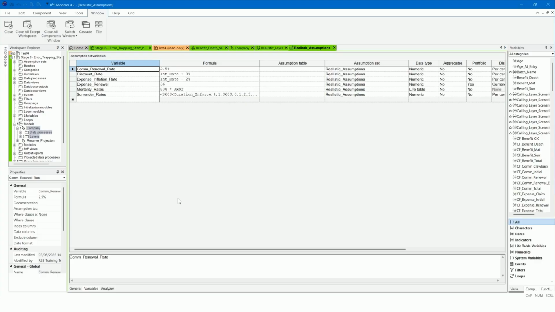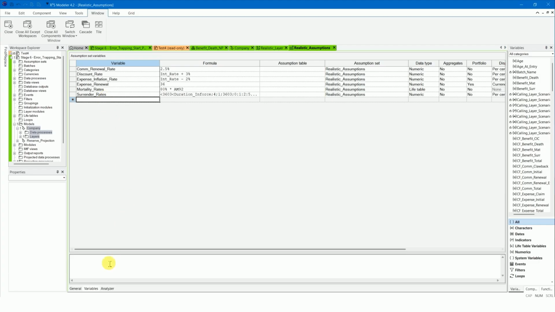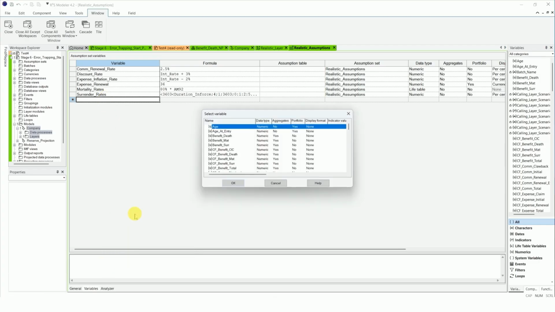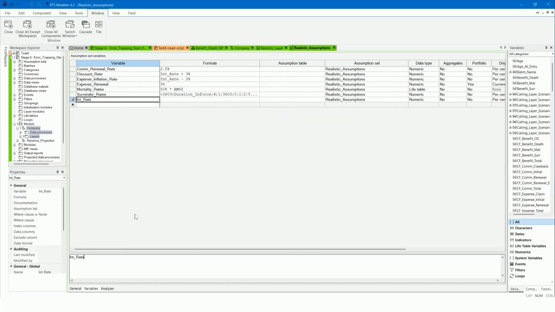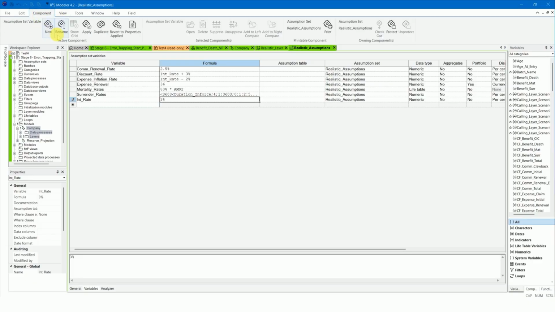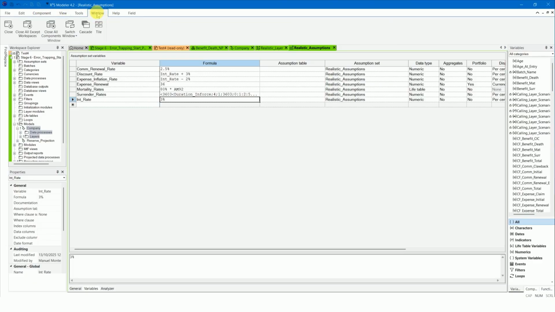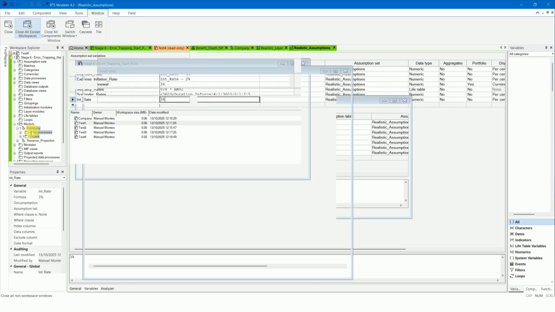Add it again and set the formula to 3%. Close all components and rerun.